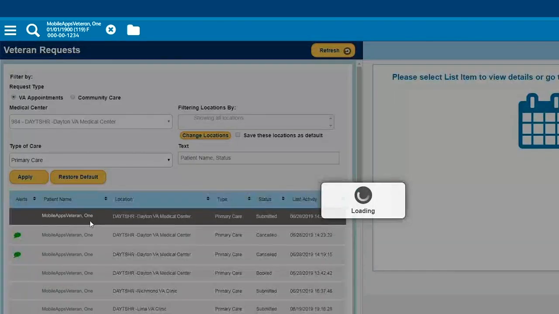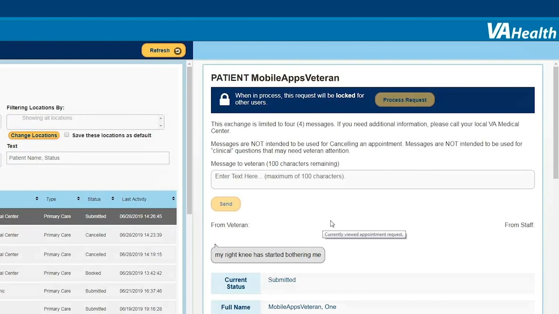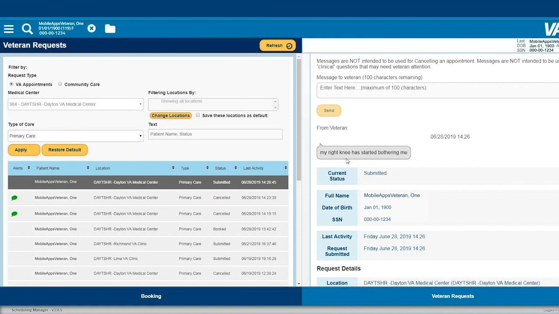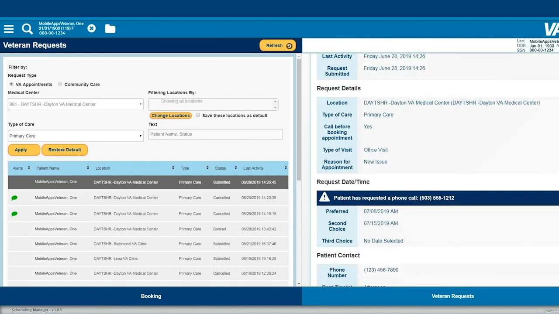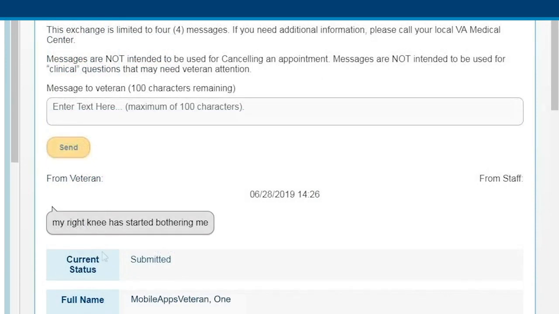Select an appointment request to view the patient information and request details in the right-hand pane. You will continue to see the list of requests in the queue to the left. We have chosen the request we just viewed through VA OS. The appointment request includes all the details you will need to know to schedule the appointment. For example, we can see that the patient would like us to call them to schedule an office visit for primary care. We can also see what dates and times they prefer. Here you can also view any comments and send messages to the veteran.